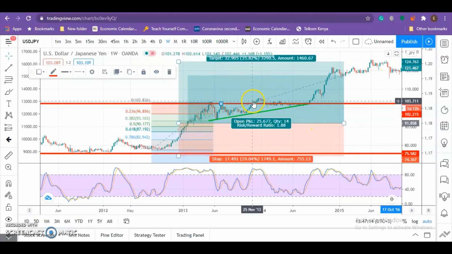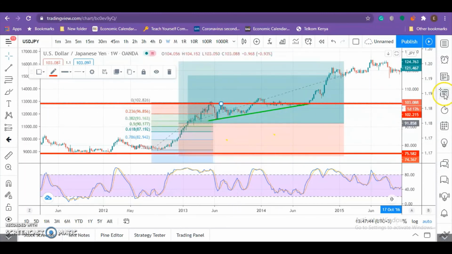You wait for it till it forms the minimal lower high, for the next lower high, in terms of 1, 2, 3, 4. So at the fourth lower high, you get into your trade, and then it rises up to here. Those are almost 24,000 points, which is 2,400 pips. You can see the risk reward ratio was 1.88, so a dollar would give me $1.88. That's how we do it. So generally, that's